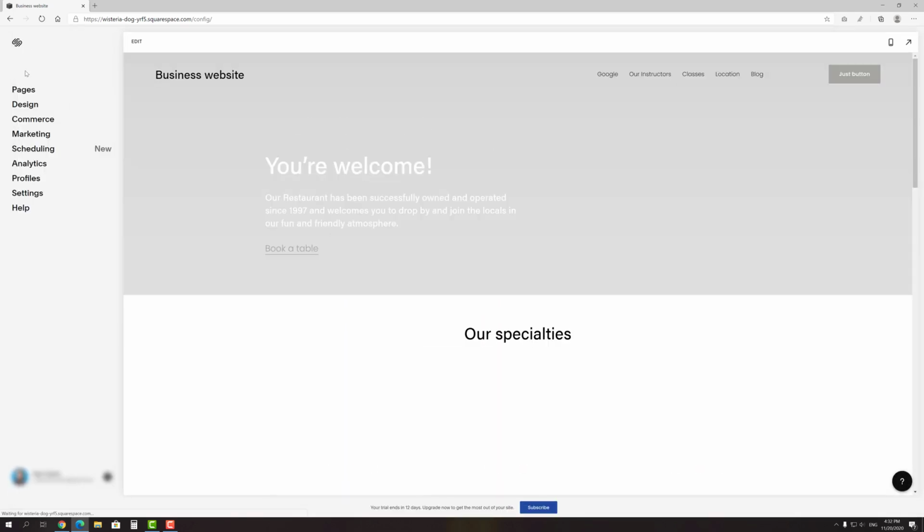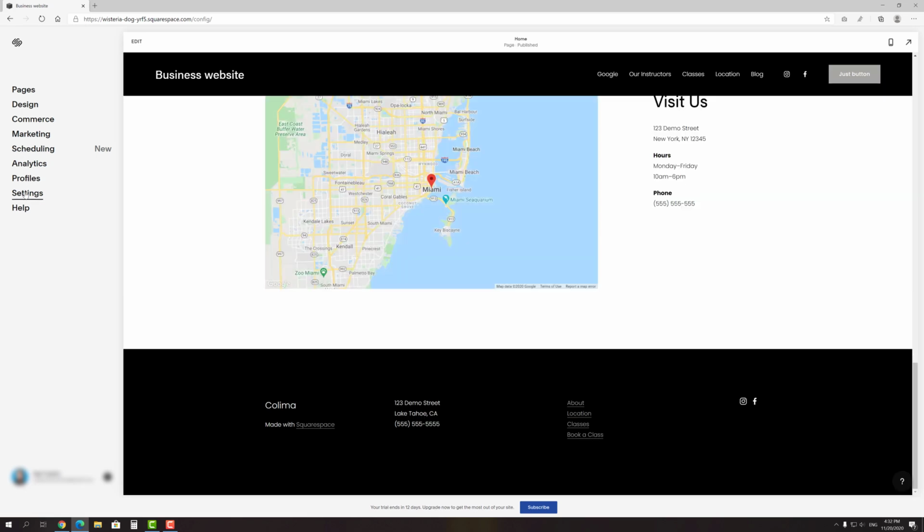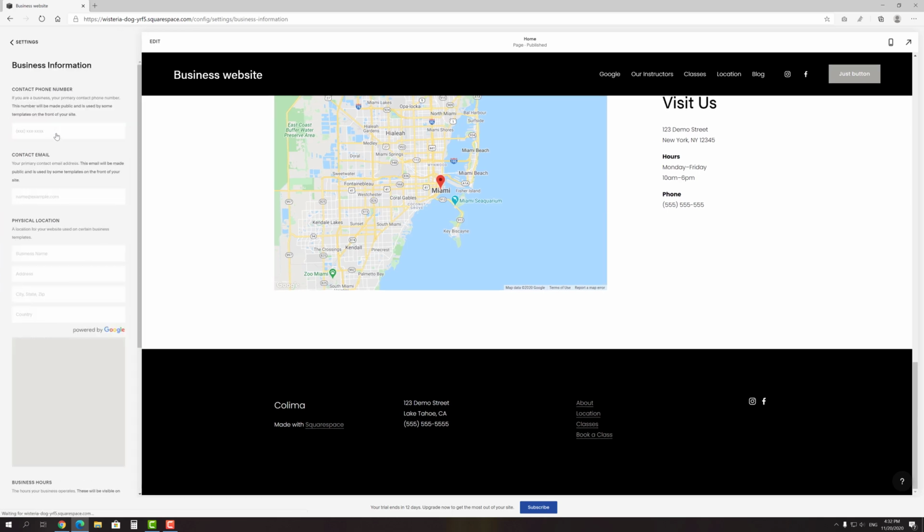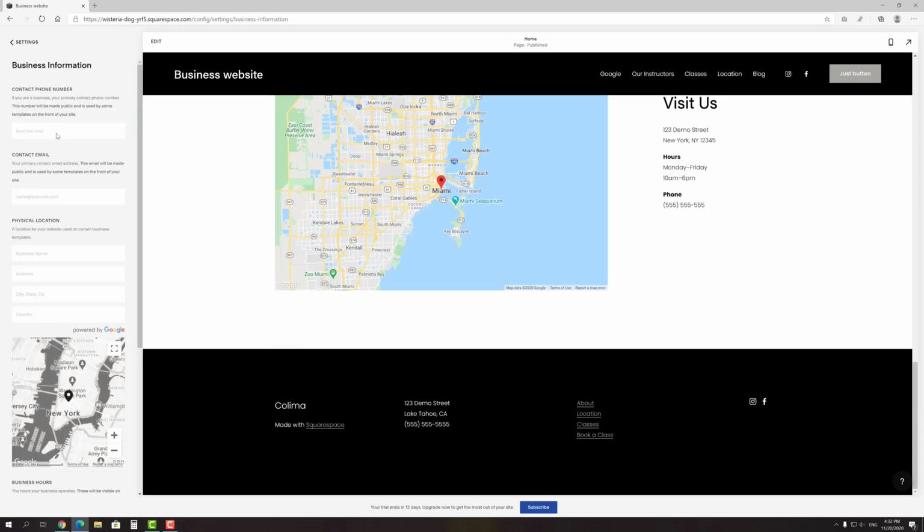So, to not waste time, I suggest to move on to the website settings and an overview of Squarespace advanced features. Once you've finished customizing your site, it's a good time to add your business information to it. In order to do that, you have to go to the Settings tab and find an appropriate item. Here you can add your phone number, contact email, physical location and business hours. That's vital information, so be sure to add it before publishing your site.